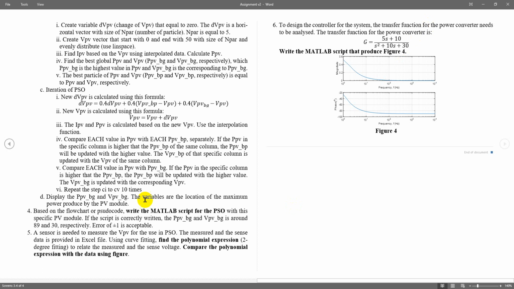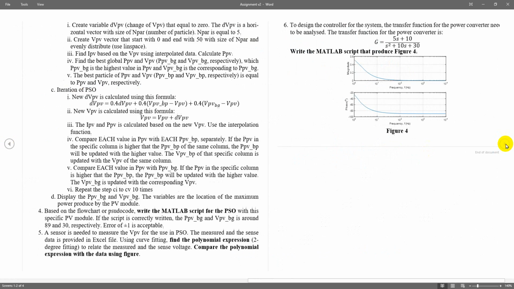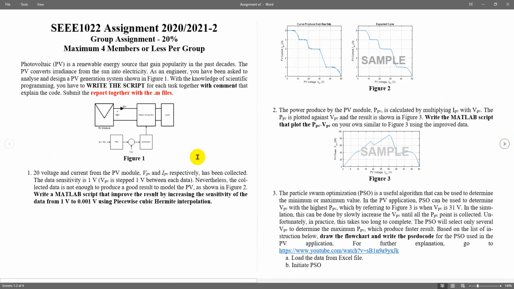For questions 5 and 6, they can be done by one member only. Only task 3 and task 4 are quite difficult, so you have to use 2 to 3 members to do this. So that is it. Basically, all of these tasks are in one project.